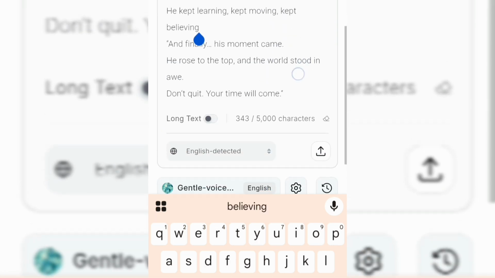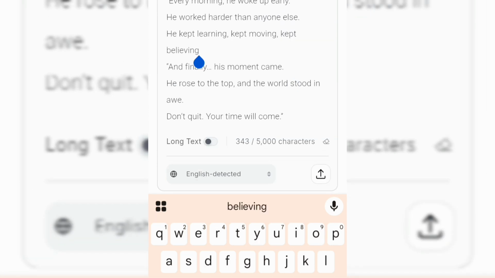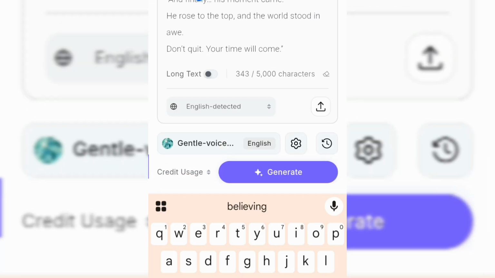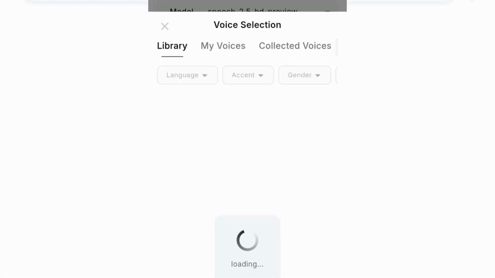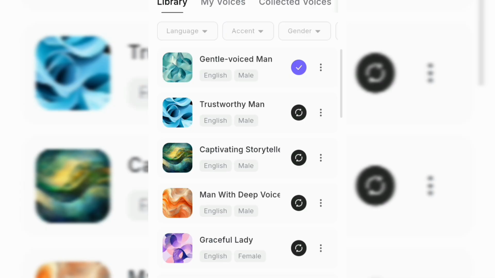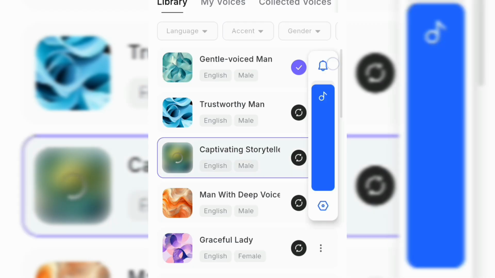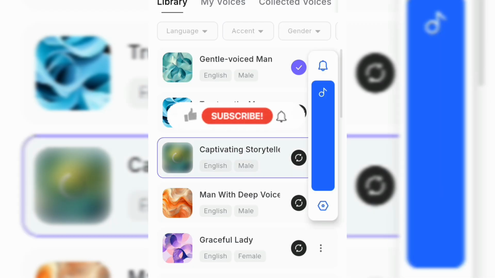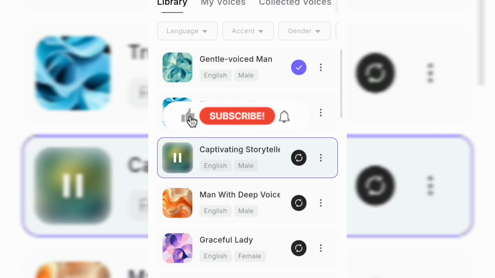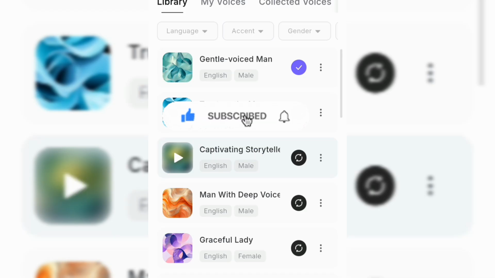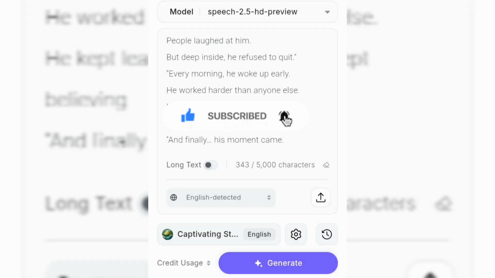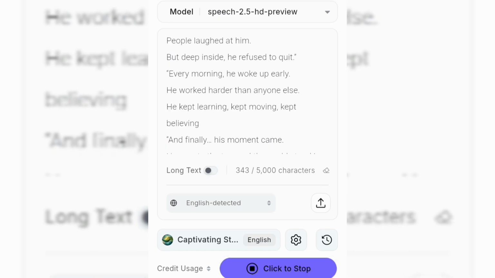But let's keep on moving. After doing that, you need to choose the audio you want to use. Just click create a decent gentle voice. Click that you want an English audio. You can see there is captivating storytelling. I will choose that, or choose man with deep voice, whatever you think is good for you. First of all, listen to the audio, and if you feel it's good for you, just click on this icon that looks as if there are two arrows there. Yes, that one. And now click on generate,